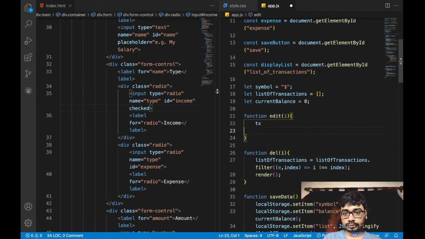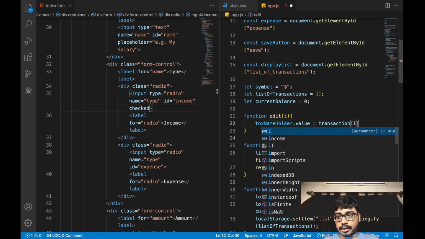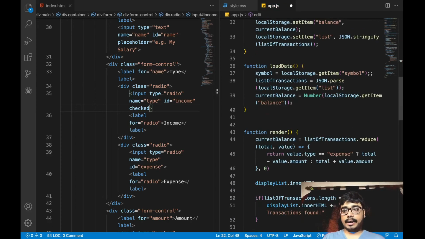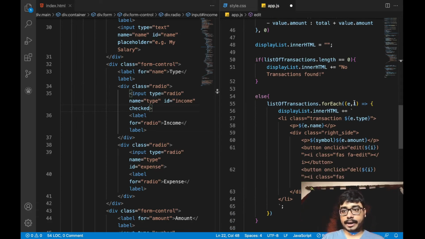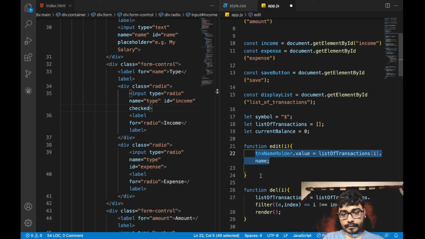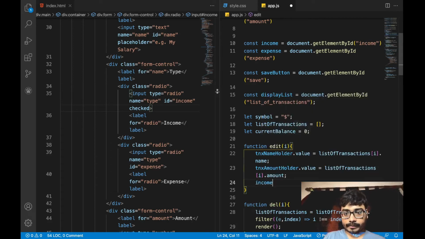Transaction name holder dot value will be list of transactions I, because, if you can remember, we are passing the I here. Edit I, the index, the ith element, dot name. This will be amount holder dot amount, and income dot active, sorry, income dot checked will be equal to,